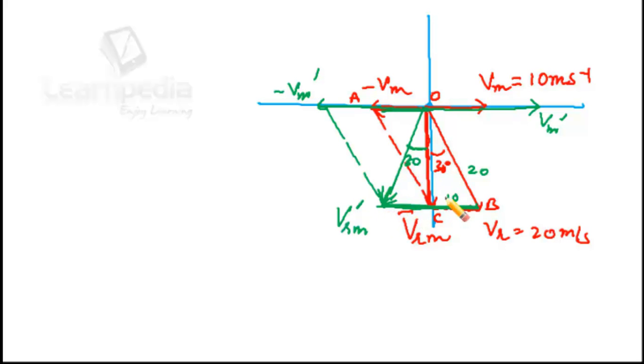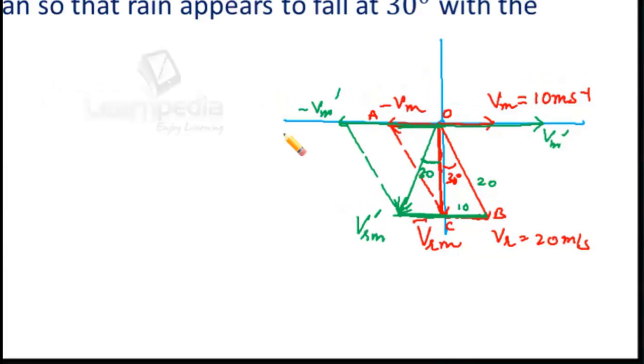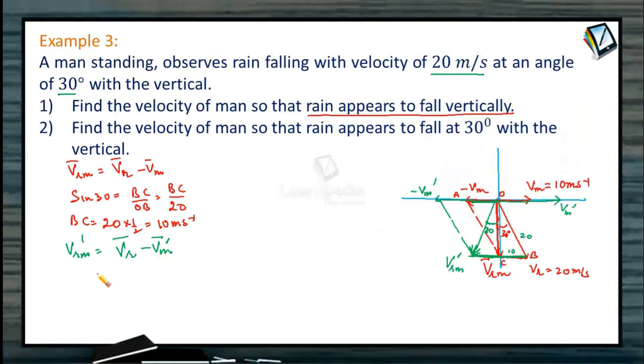So we can calculate the value of Vrm directly from this particular formula. This is 20, this is 30. Directly you can get it as cos 30 will be equal to Vrm by 20. Correct? So that is 20 root 3 by 2. This is 30 degrees. This is 10. So velocity of man we require to calculate. Velocity of man will be again 10 this side. So total velocity will be equal to 20. So from the figure itself we can get that.